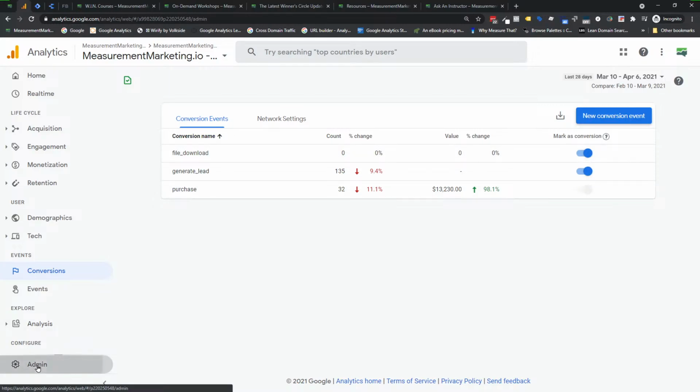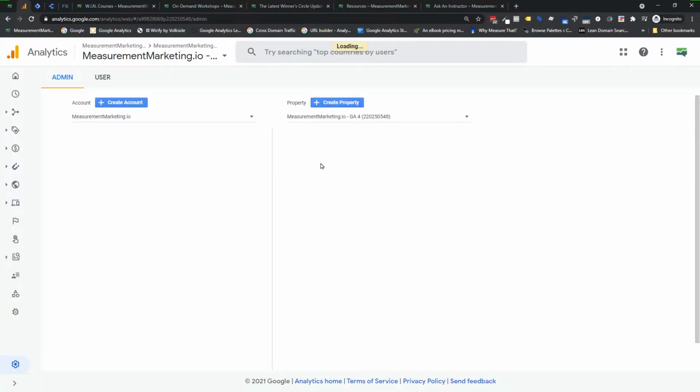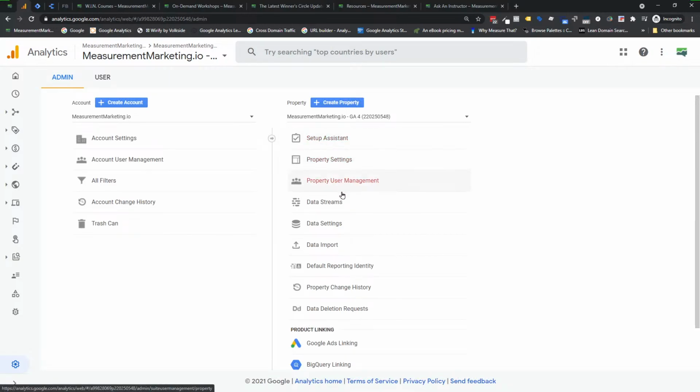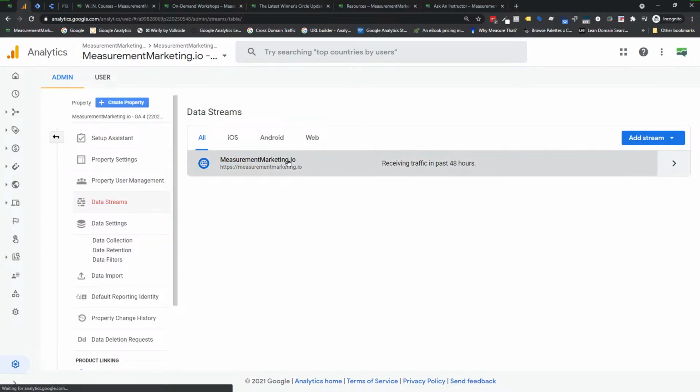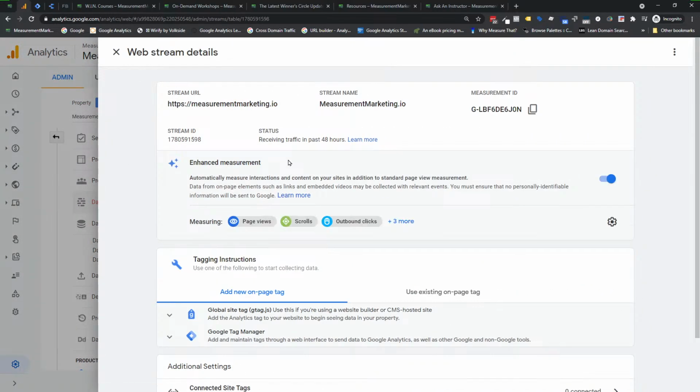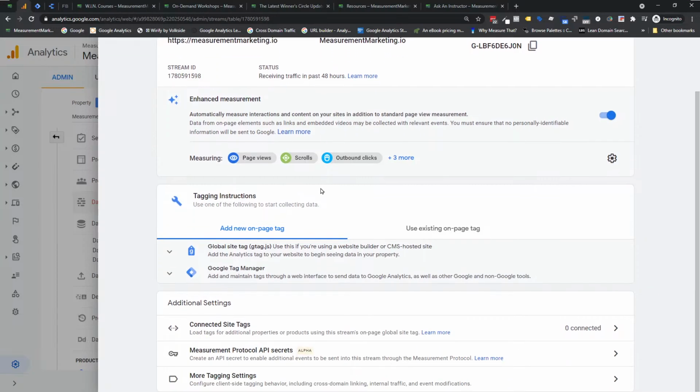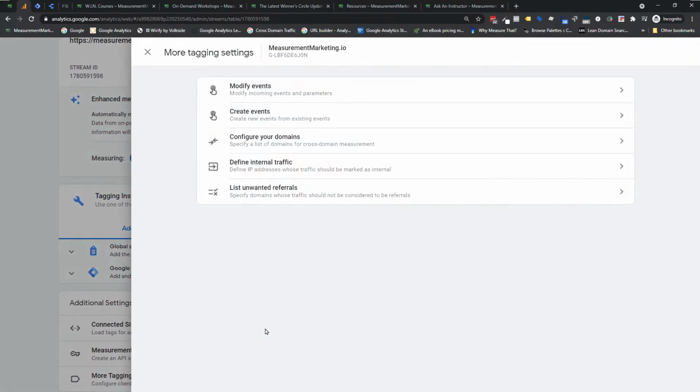Now, the one big change, and I'm going to go in the admin section here. This was a massive change, actually. So I'm going to come back into here. We're going to go into your data streams. That is, by the way, where you will start to see, I think, a lot of these rollouts come through, because these are changes that are specific to certain types of traffic streams coming in, in this case, web traffic. And if we scroll down and we go to more tagging settings, you will actually see where it says